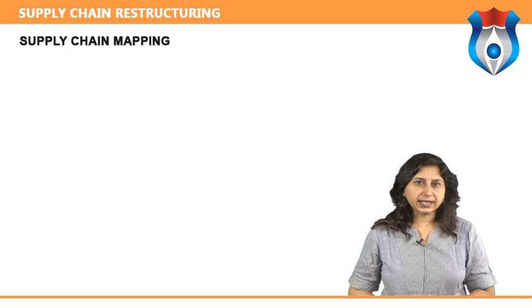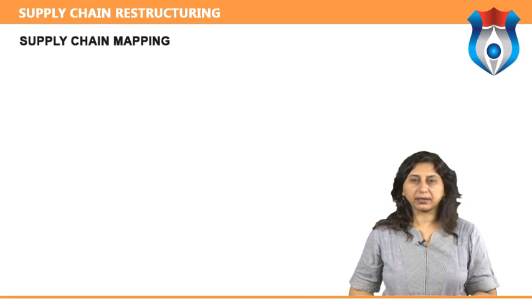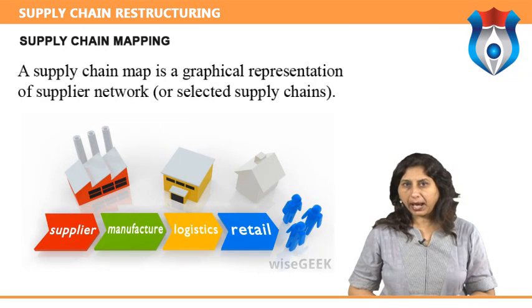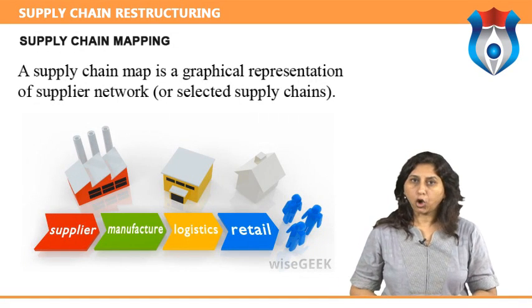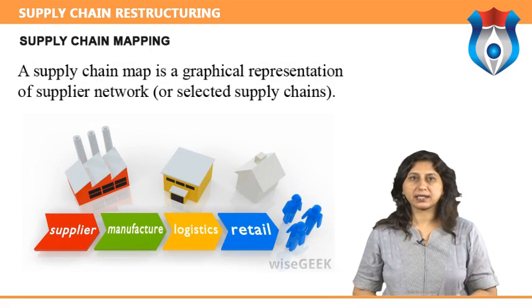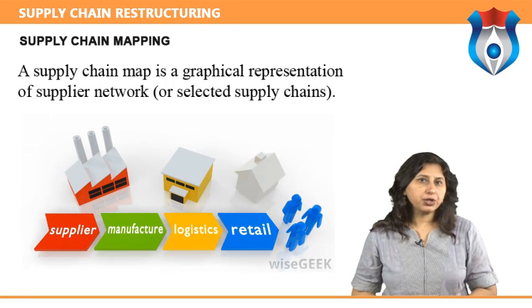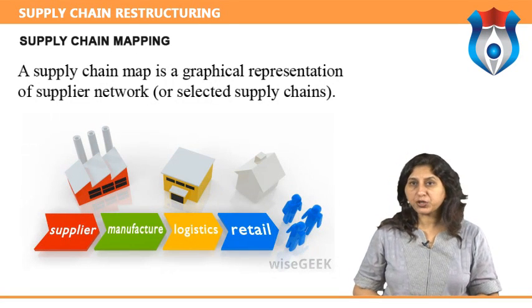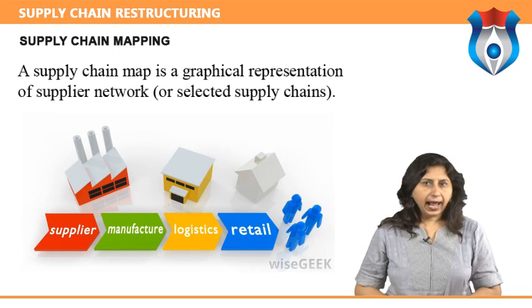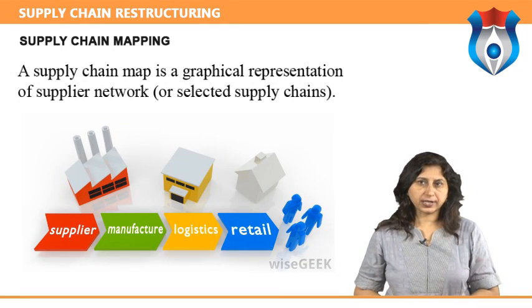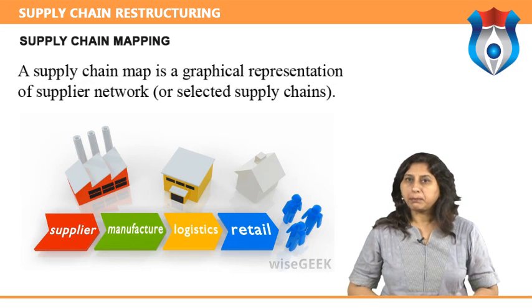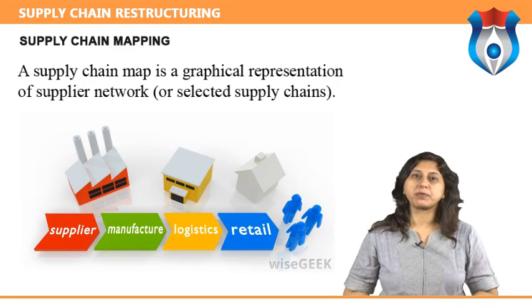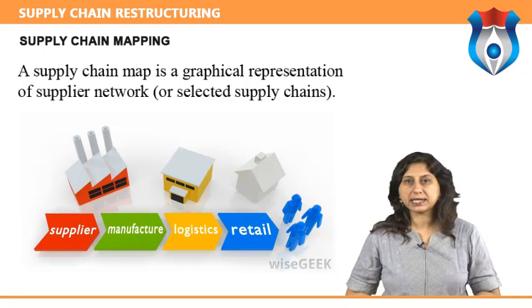Let us now discuss supply chain mapping. A supply chain map is a graphical representation of supplier network or selected supply chains. Maps can either be geographical or an abstract network design. As supply chain network structures become more complex and geographically dispersed, management can benefit from developing a relationship-based map of